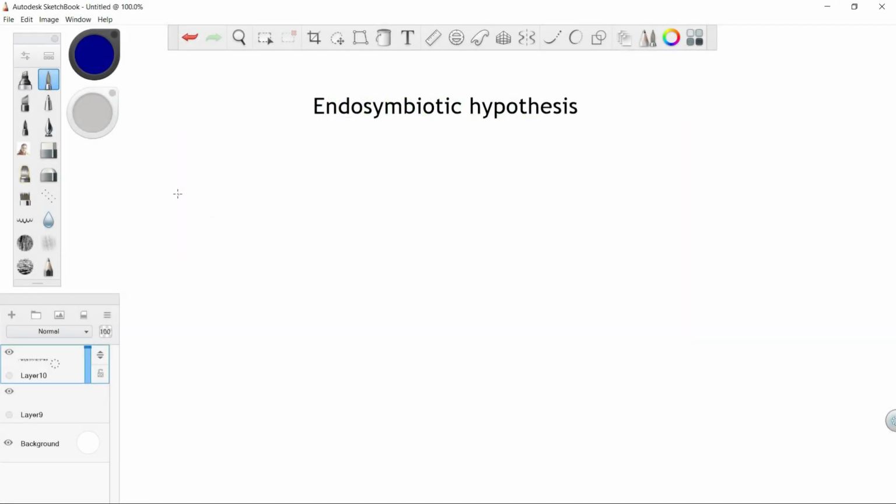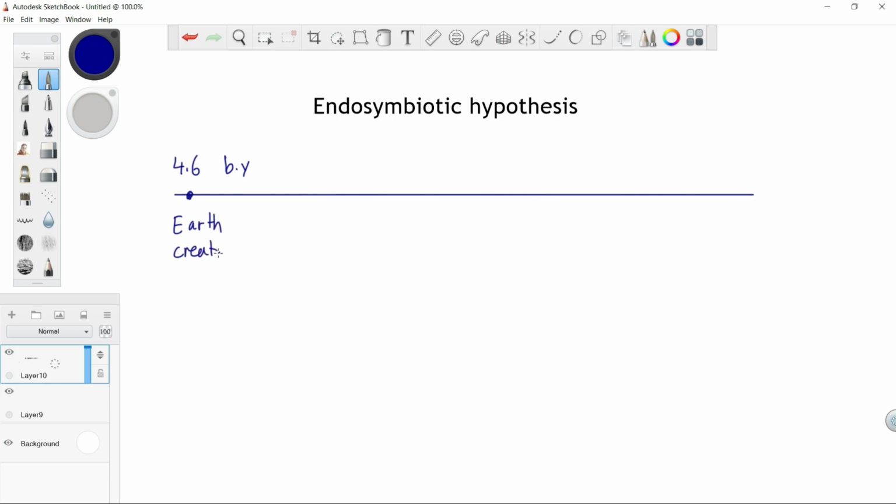Look at the timeline that illustrates the origin of Earth and the appearance of different prokaryotic and eukaryotic cells. First of all, 4.6 billion years ago, planet Earth was created. After that, about 3.5 billion years ago, the first prokaryotic cells appeared on Earth, and then about 2 billion years